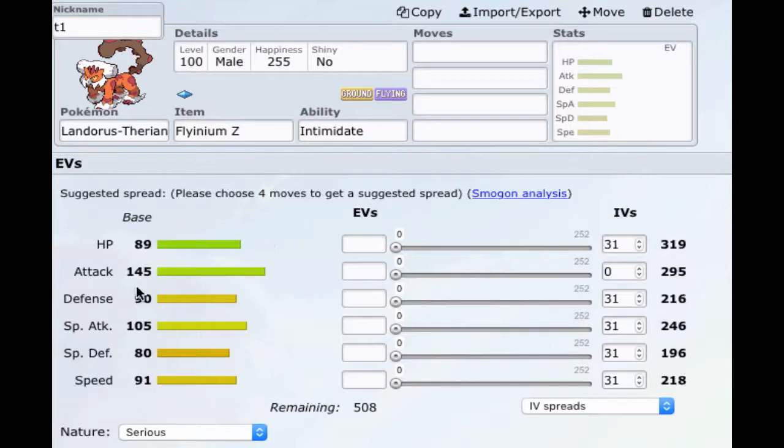which, if you're running a bulky spread, means, I've done the math on this, you basically have base 150 defense, almost 160. So that's the wonder of Intimidate. So this thing is very versatile. The ice weakness is something to watch out for, obviously, but there are ways to play around that, scouting, and